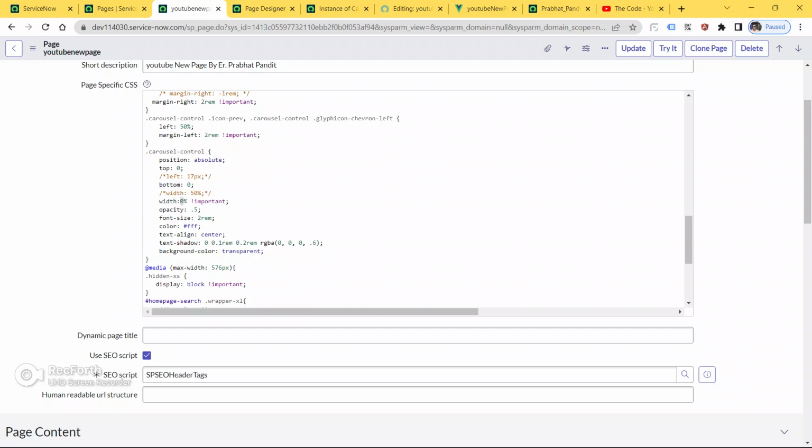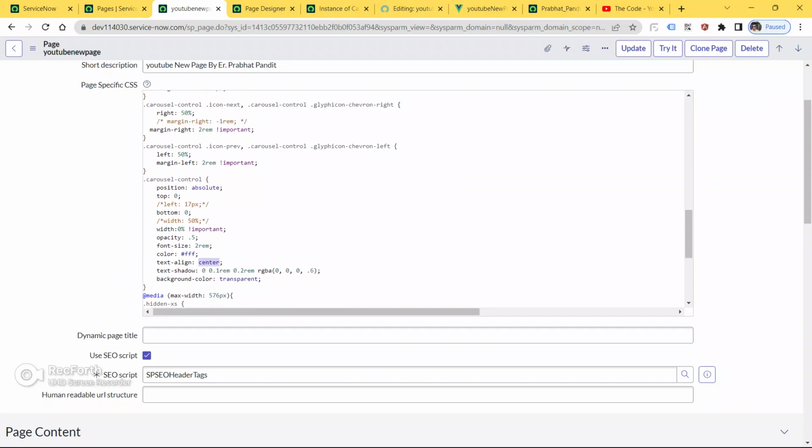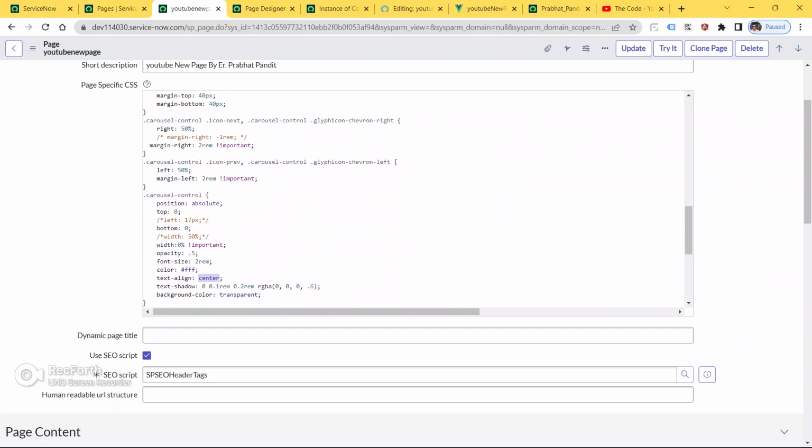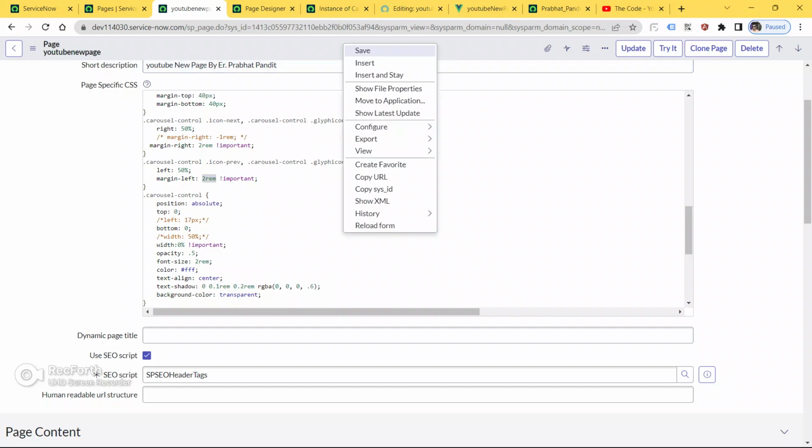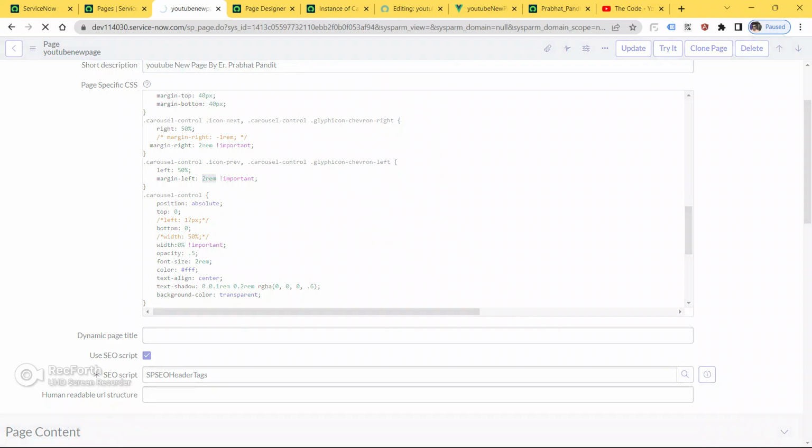Previously it was 50%, so I have given width 0% important, opacity 0.5, font size 2 rem, and color is white, text align is center, and text shadow and background color are this. And this is the glyphicon right, and this is the glyphicon left. I have given margin right 2 rem, and the left icon also margin left 2 rem.